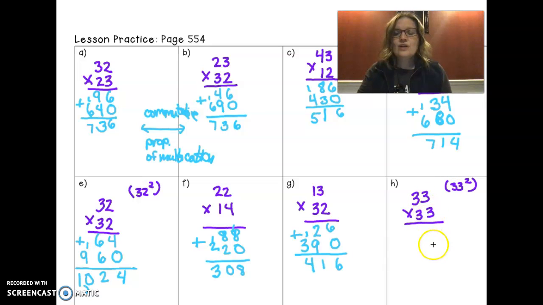Let's begin. 3 times 3 is 9. 3 times 3 is 9. Put a 0 down. 3 times 3 is 9. 3 times 3 is 9. That's a lot of 9s, guys. Add these all up. 9 plus 0 is 9. 9 plus 9 is 18. Carry our 1. 9 plus 1 is 10. So put our 0 down and our 1. So 33 squared is